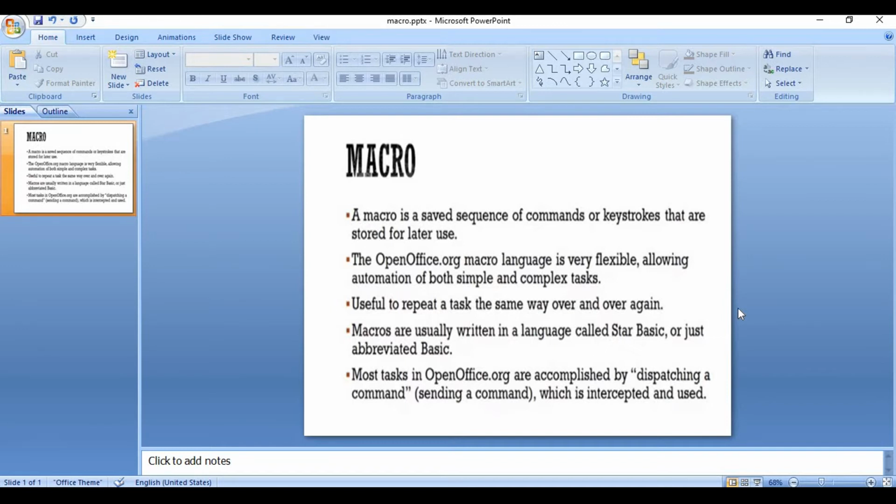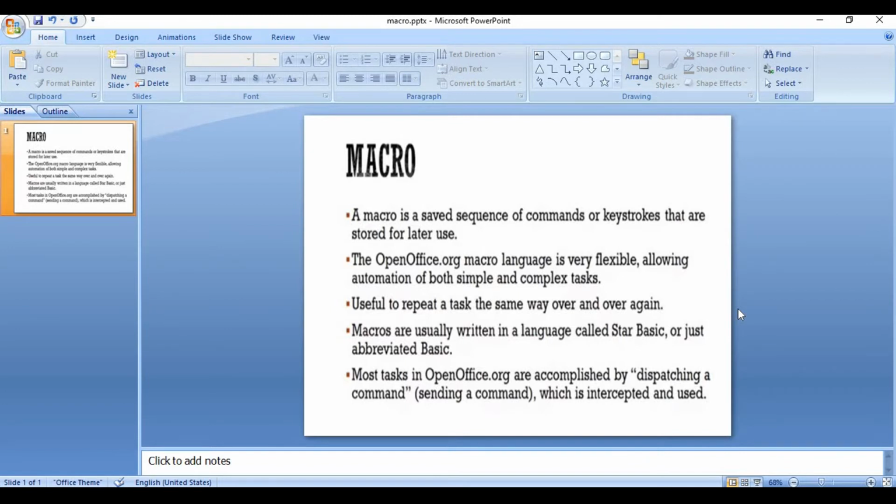Similarly, when we create a macro, first of all we have to write some sequence of commands or some set of commands. According to that, the macro will work, and we can use this macro in future.